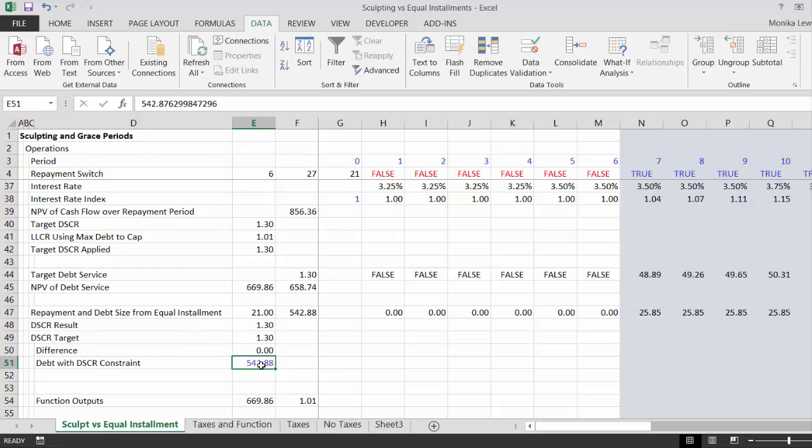We'll just start increasing the debt at first in a reasonable increment and then smaller and smaller increments until the actual DSCR equals the target DSCR. So we're going to have to, in this process, do the same kind of thing where we put in the taxes, put in the grace period, put in all the crap. Okay, so